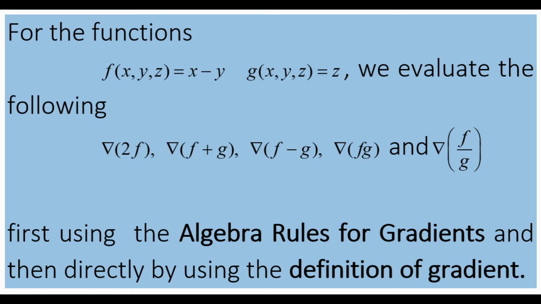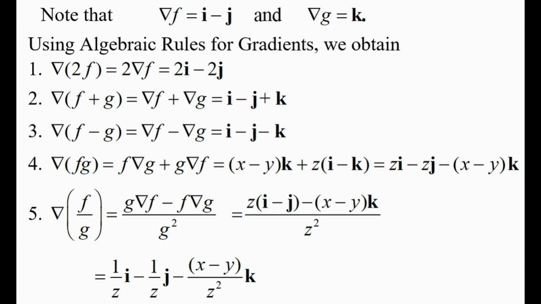Now, for the functions f equal to x minus y and g equal to z, we evaluate the following: gradient of 2f, gradient of f plus g, gradient of f minus g, gradient of fg, and gradient of f by g. We note that gradient of f is the vector i minus j and gradient of g is equal to the vector k. Now, using the algebraic rules of gradients given above, we obtain